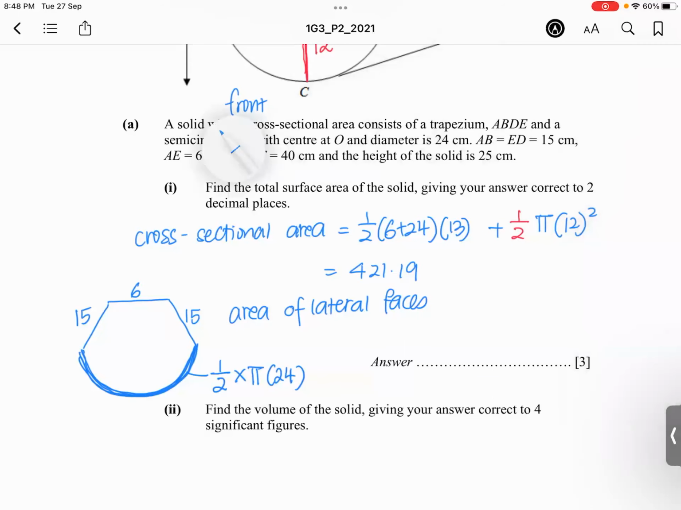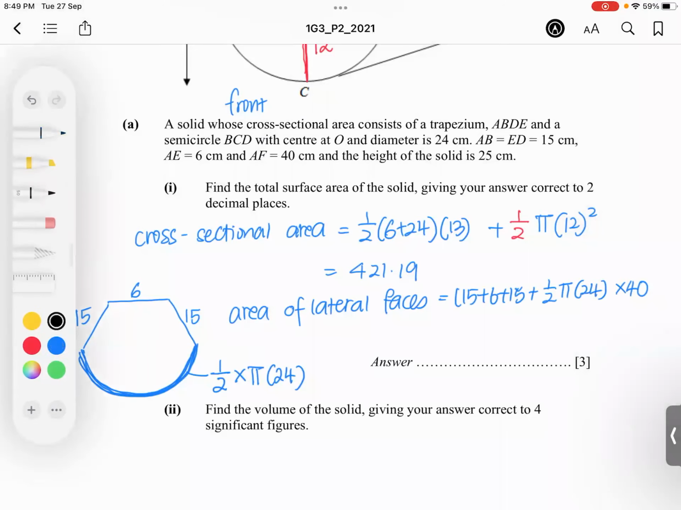Okay, I can, yes, times 40. So I add all this, I can have 15 plus 6 plus 15 plus your half pi 24. Everything I multiply by 40. I get one number. Then my total surface area, what do I need to do? Total surface area, times